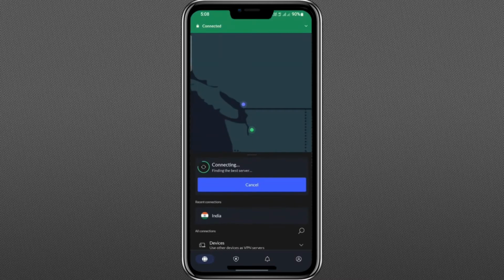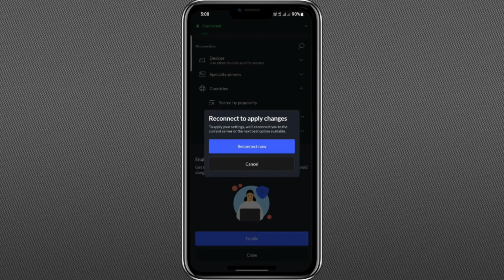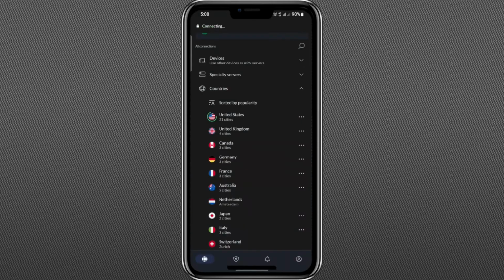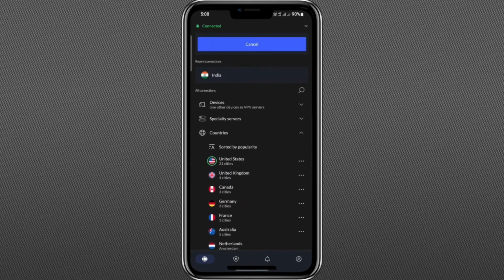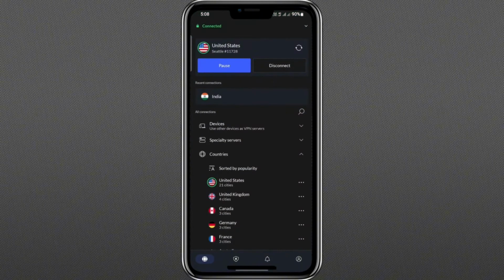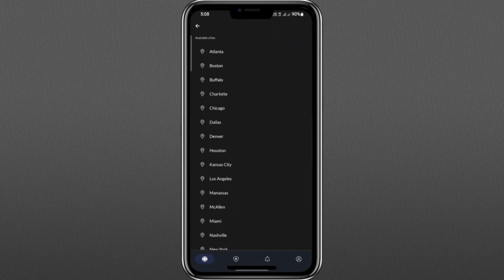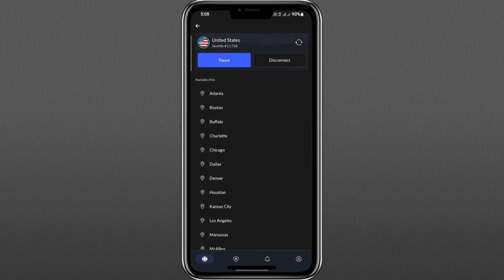that country. When you first attempt to connect, you'll be prompted to approve NordVPN as your phone's VPN service. Simply confirm the prompt. After connecting to a country, if you tap on it again, you'll get a detailed list of all the regions available within that country. Swiping up reveals the full list along with the number of servers in each region. This is especially helpful if you're trying to bypass regional restrictions on streaming platforms or want to connect to a